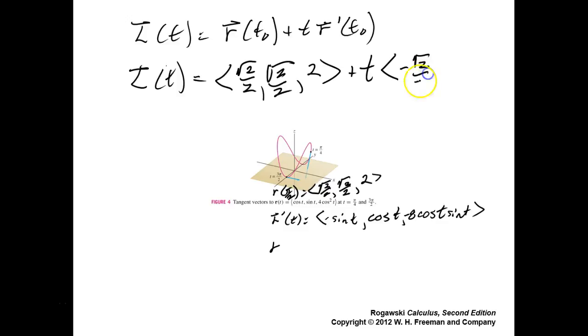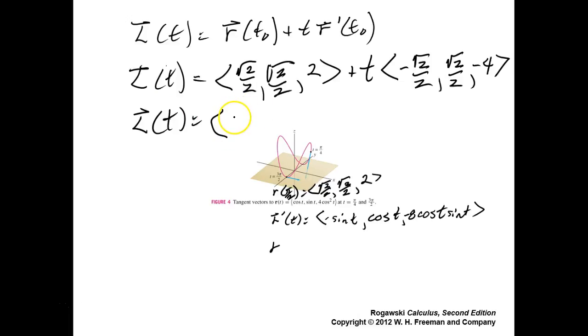Negative square root of 2 over 2, square root of 2 over 2. That was the negative 4, wasn't it? Let's make sure. Yeah. 1/2. Yeah. Okay. So this L of t would be